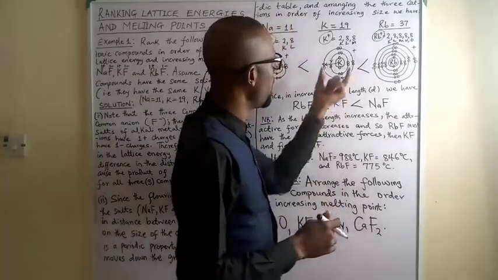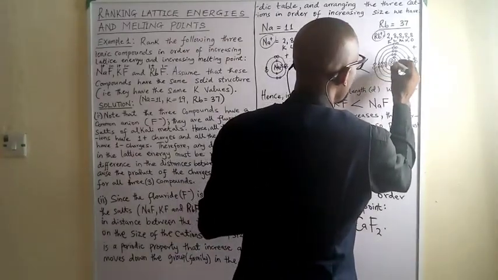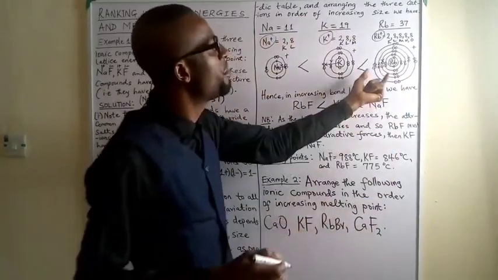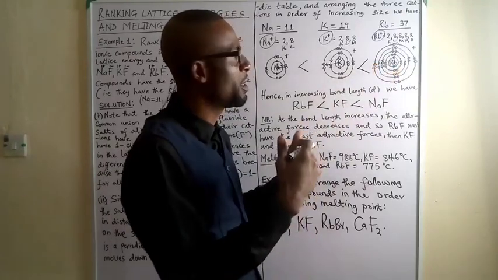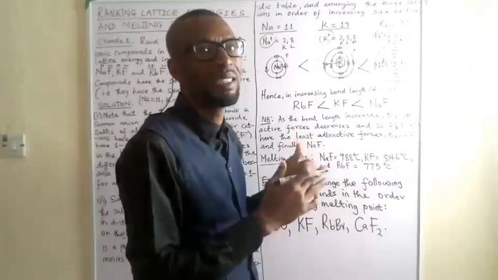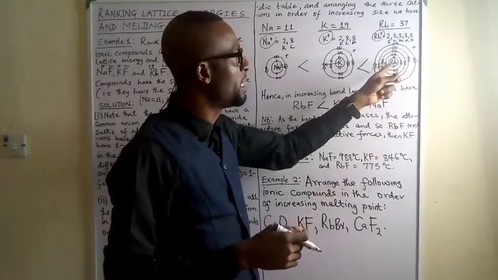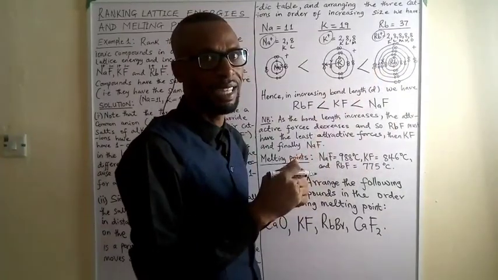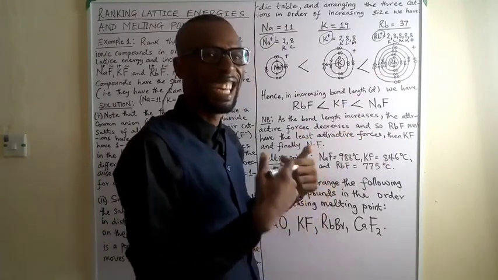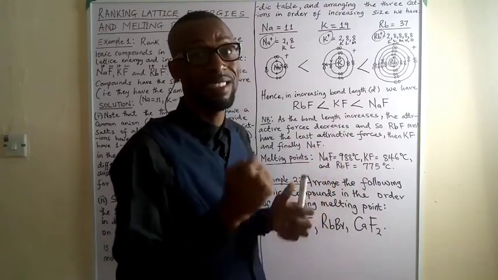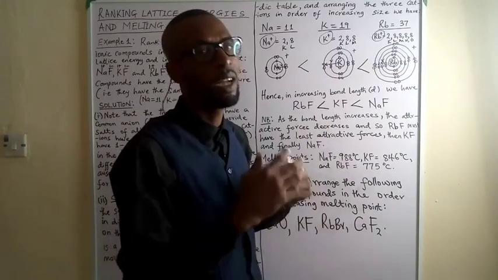This is clear. So now we have 3 shells here, but here we have 5 shells. That means that the distance, the radius of this ion is even much longer. So if this rubidium ion is making an ionic bond with a fluoride ion, which has the same ionic radius in all of this, you're going to have that the longer the ionic bond, the longer the internuclear distance between the ions, the lesser the strength of the ion-to-ion interaction, the lower the lattice energy, and of course the lower the melting point.